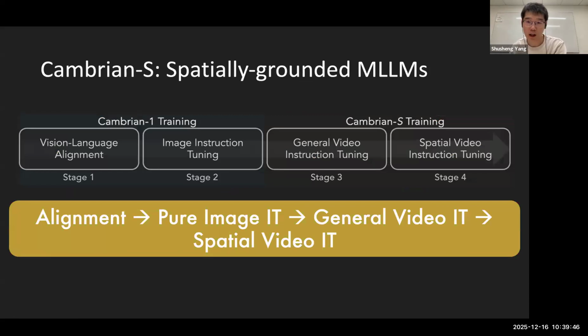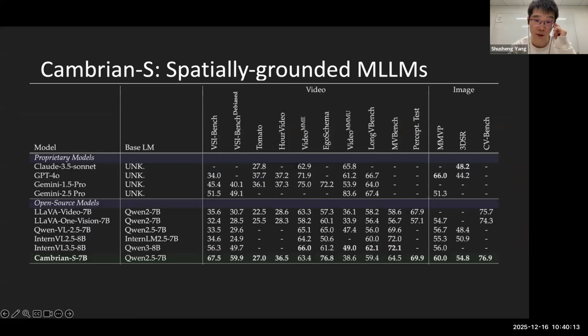And after all these explorations, we design a 4-stage training pipeline and train our Cambrian-S. So Cambrian-S is a spatially grounded multimodal model, and we use a 4-stage training pipeline. The first stage is alignment, followed by the image instruction tuning, followed by the video instruction tuning, and ends with the spatial video tuning. So after this 4th stage,